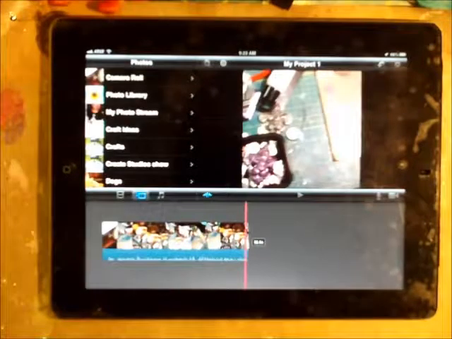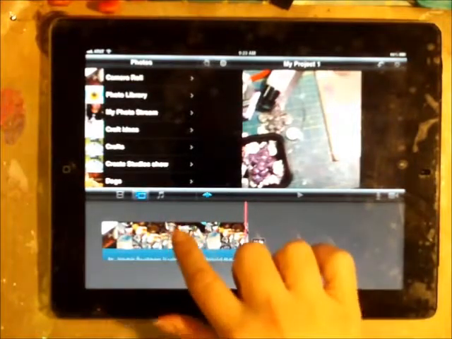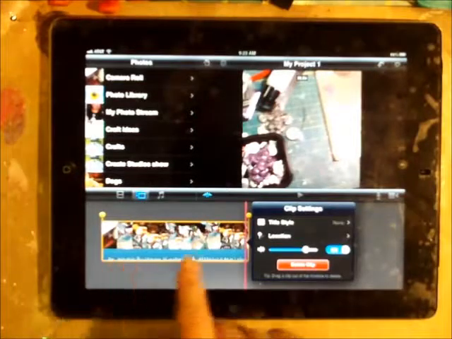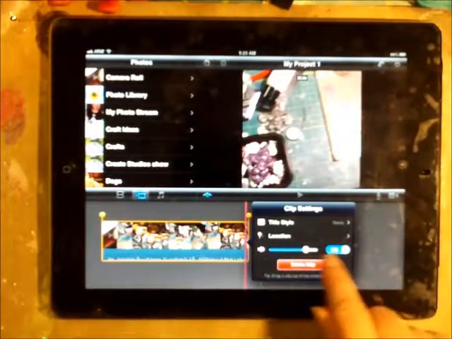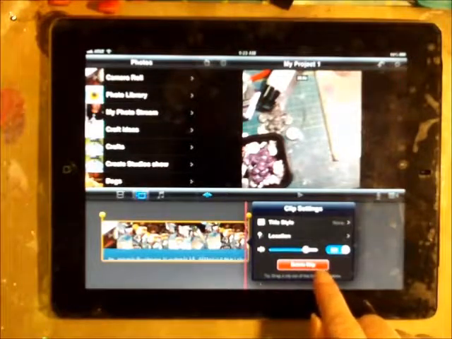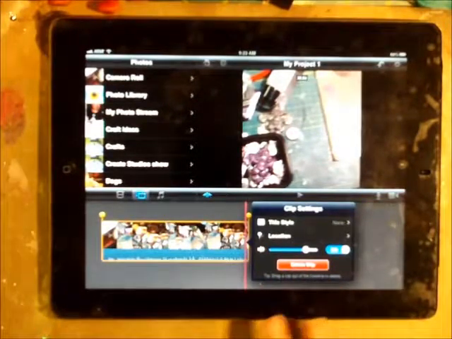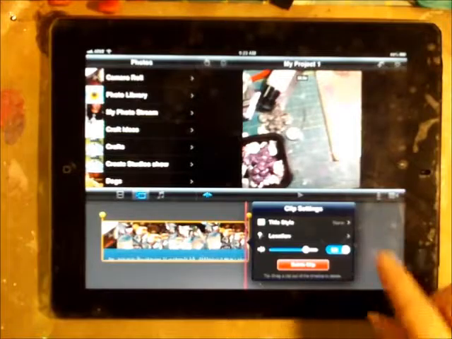So let's say I want to deal with some of the clips. I can double-click on the timeline here, and it tells me my clip settings. I can turn the audio on or off. I can delete the clip. Now this is all one clip, so I don't want to delete this whole clip right now, but I can